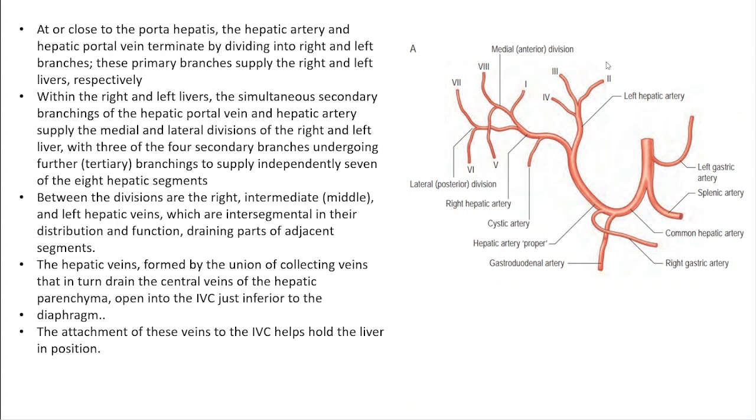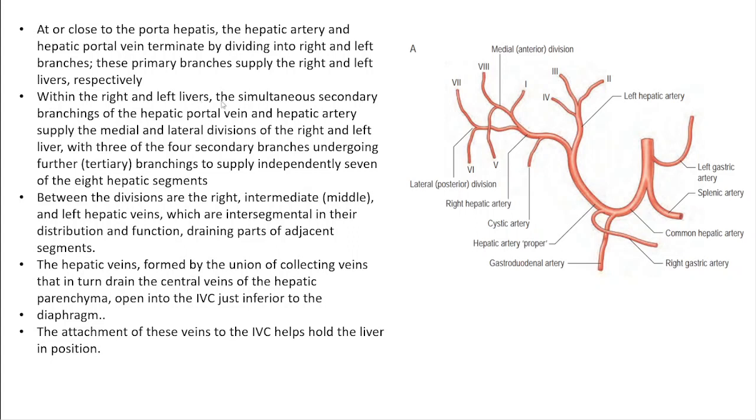So these are the common variations. Normally, this part of the proper hepatic artery lies in the right free margin of the lesser omentum at a variable distance beneath the porta hepatis. Porta hepatis is somewhere here. Before entering the porta hepatis, before entering the liver, the proper hepatic artery divides into right and left, and they supply the right and left functional livers.